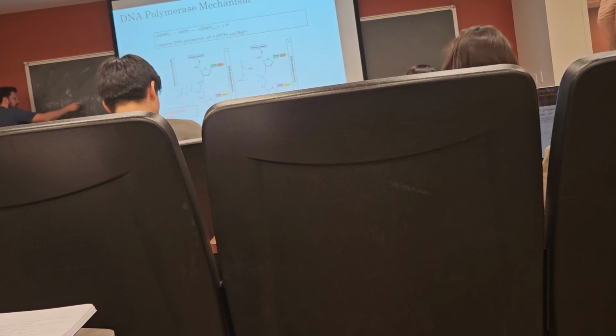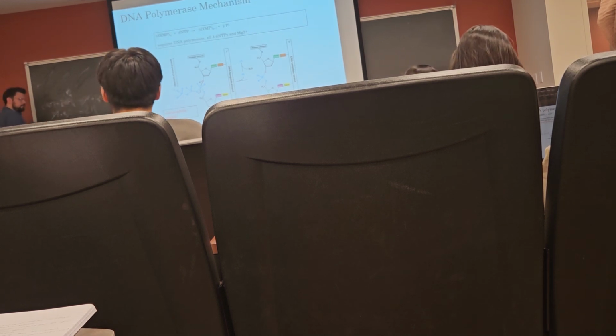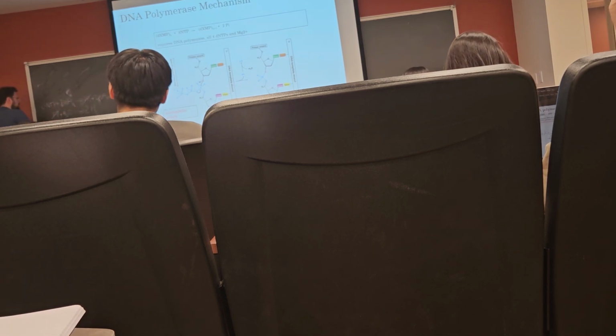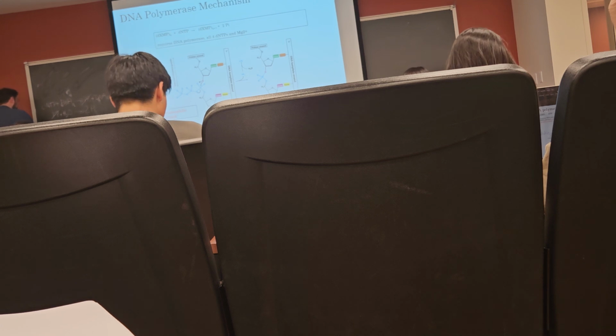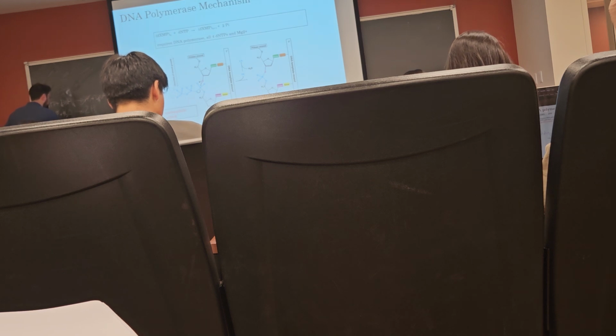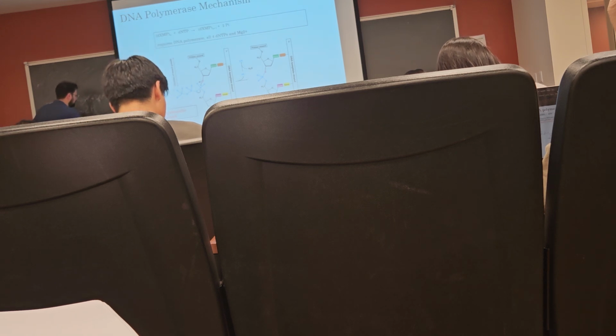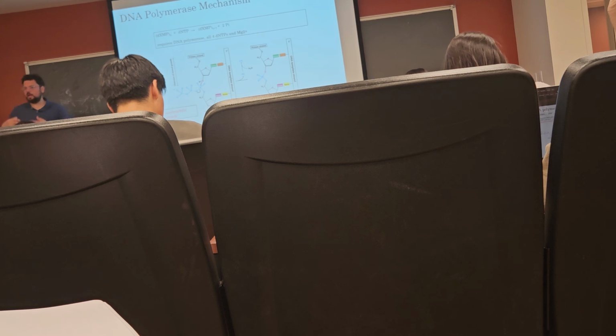We can cancel out the pyrophosphates because they are on either side of the yield sign. It's a product and then a substrate, so they cancel out. So the overall reaction here is dNTP plus DNA of N plus H2O yields DNA of N plus 1 plus 2 orthophosphate. This is our balanced reaction, and when we have a coupled reaction in this way, we can do something to